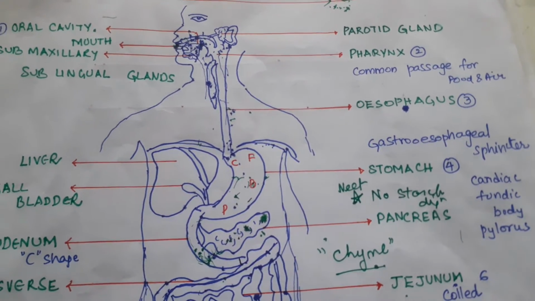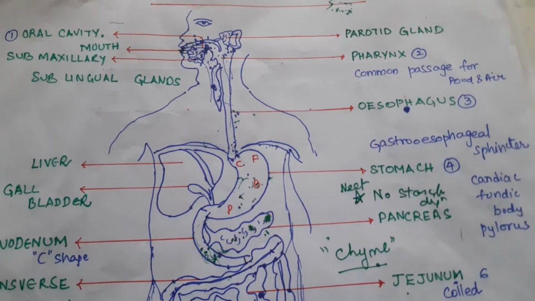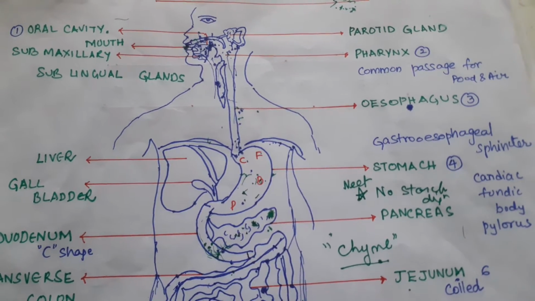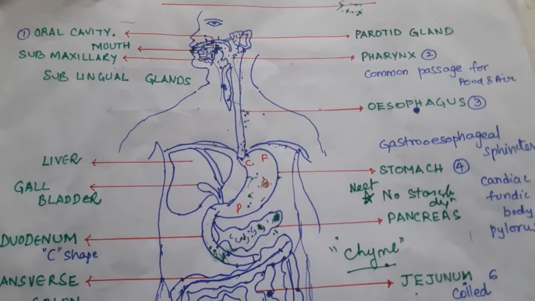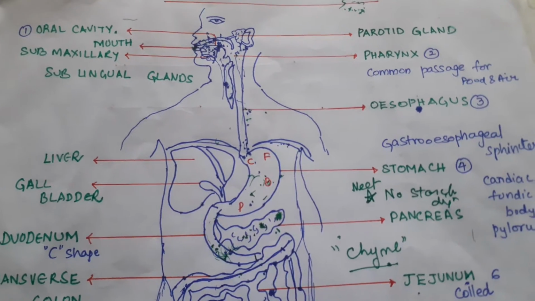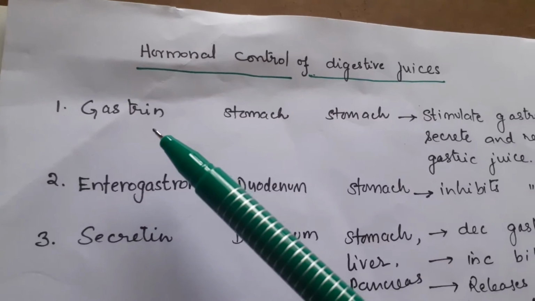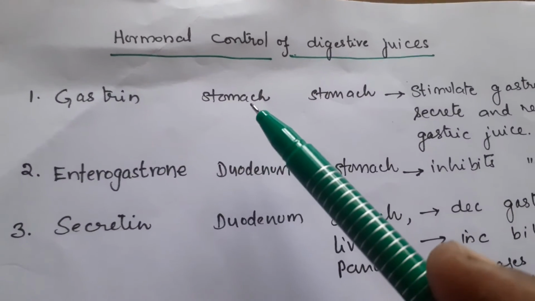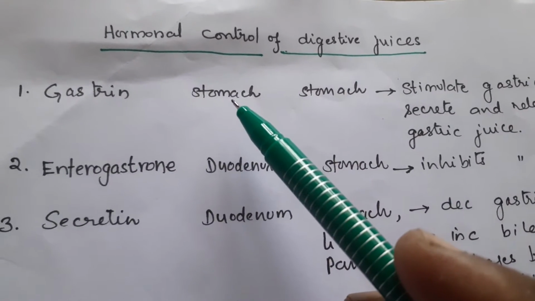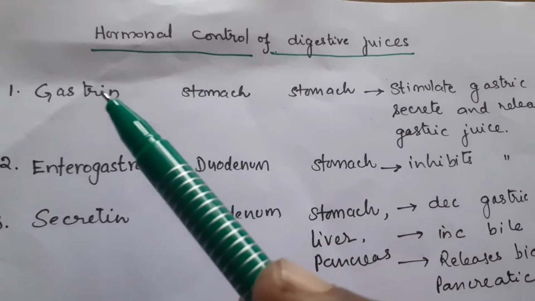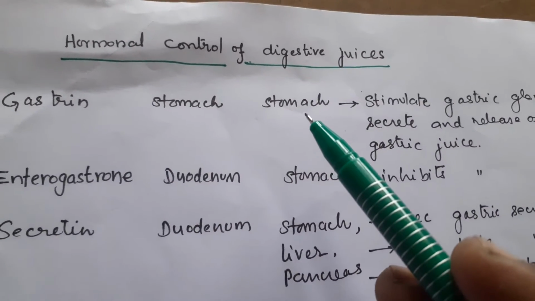Okay, students, today let us discuss what the different hormones are that help the glands secrete digestive enzymes. They influence these digestive glands to release the enzymes. Now, coming to the gastrin hormone, which is secreted by the mucosa of the stomach. The gastric glands present in the mucosa of the stomach secrete this hormone, and the target organ is